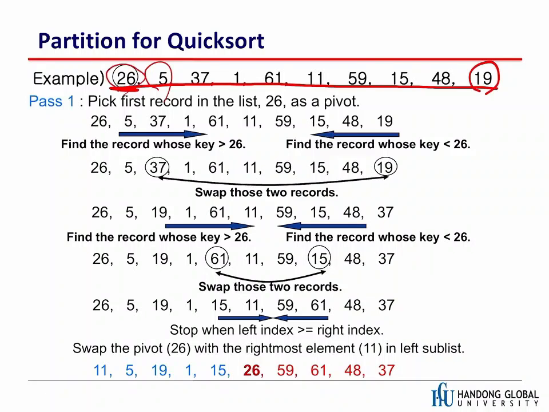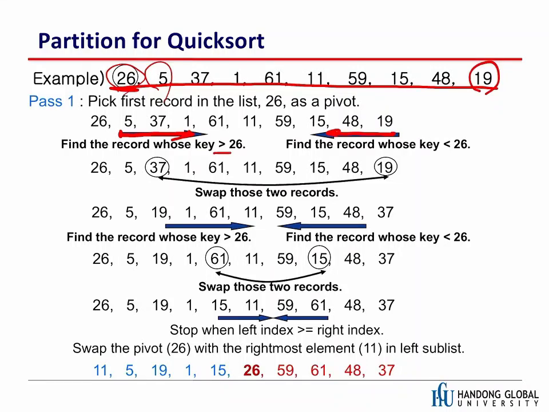So let's pick the first element. Okay, there is no difference, so make it simple. So first element. Okay, so we have two indexes. The first one goes from here to the right side, and another index goes from here to the left side. Okay, so while we are moving, whenever we meet